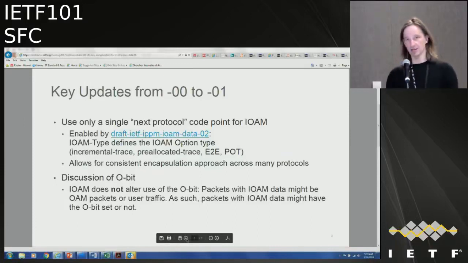The other thing that we had, and we had that discussion back in Singapore, was should IOAM mean that the traffic needs to be flagged with the O-bit? And looking at 8300, it's very clear on that. Customer traffic must not set the O-bit. And well, just by adding the IOAM metadata to the customer traffic, we don't make the customer traffic suddenly something other than customer traffic, i.e. we cannot set the O-bit for that.